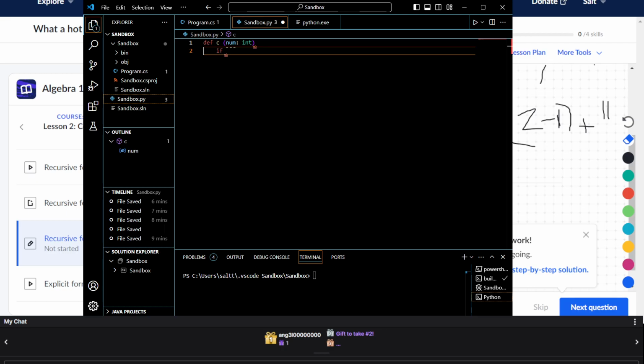Line 137 says def... oh wait, did I write it wrong? Number int dash trying int. Wait a second. Why are you writing it with int dash int? Are you saying there's two ways to do labels? Or are you saying I'm doing it wrong? I have to change it.